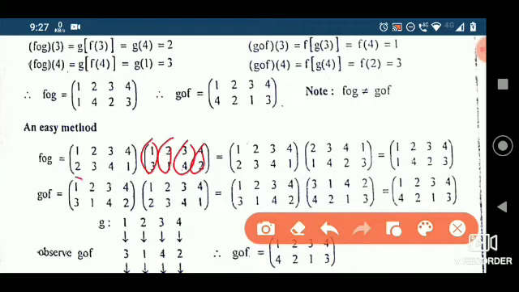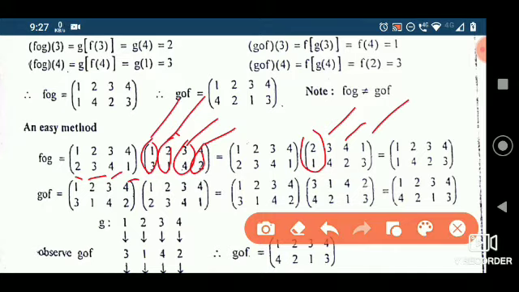So first 2, this column we'll write first here. Then we have 3, so we'll take 3 second. Then what is there? 4. We'll take that column third. Then we have 1. So the first column will be last here.